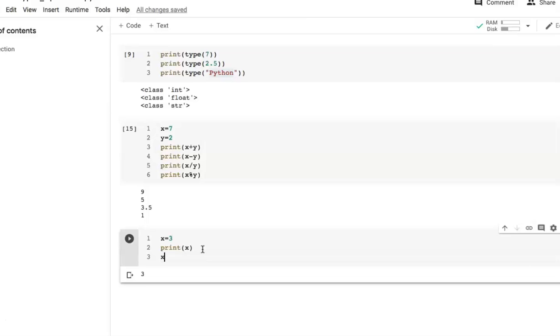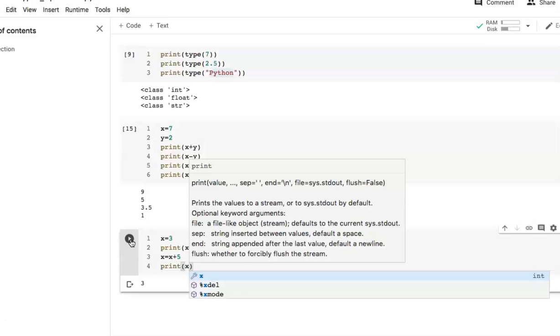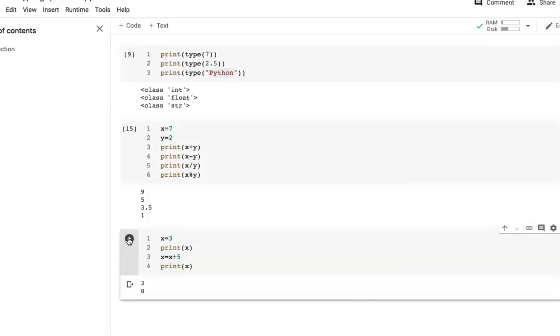So write x is equal x plus 5. Here 5 will be added with the value of x and the result will be assigned into x. So when we print the value of x, we will get the added value, that is 8.